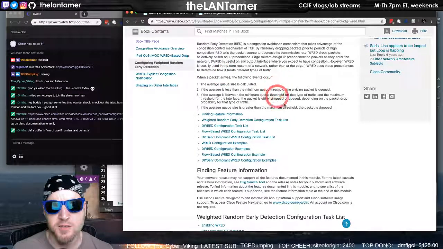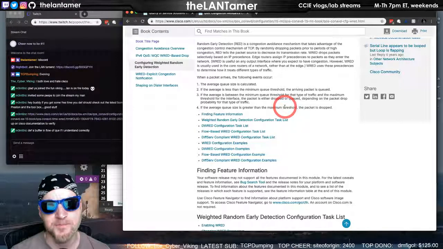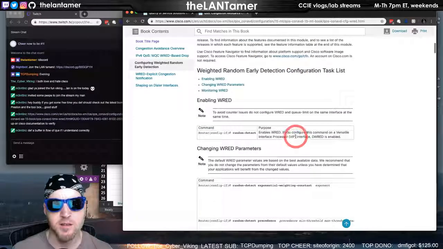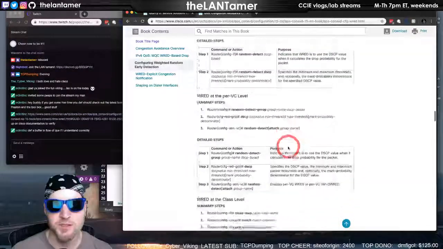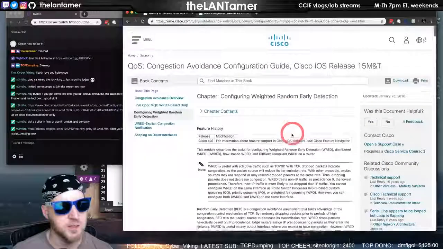When a packet arrives, average queue size is calculated, right? The average is less. This is quite the useless document here.